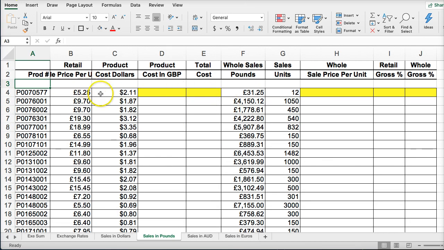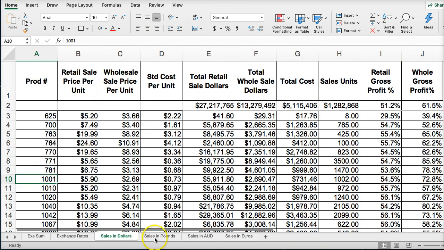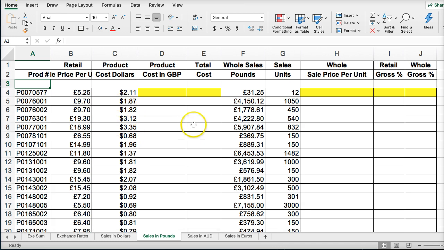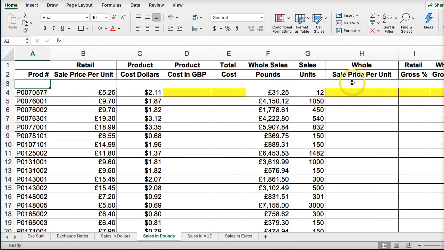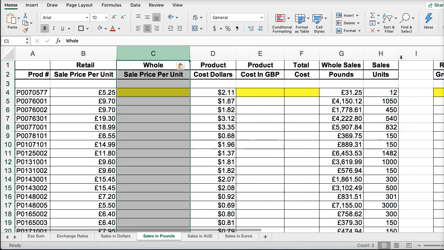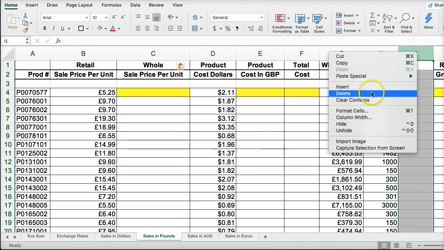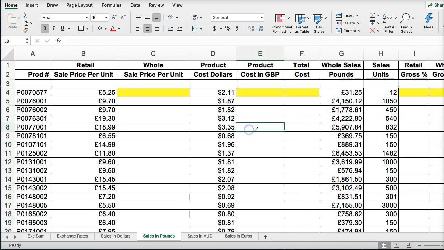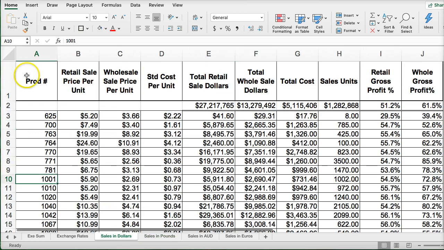So again, I'm going to add some columns. So I did add, let's see, we have retail here and a wholesale per unit. So let me just put this next, insert this. I want to put this over here. Delete. Okay. So now I can actually go over here and grab this information,